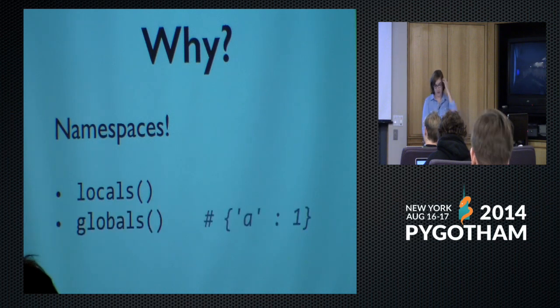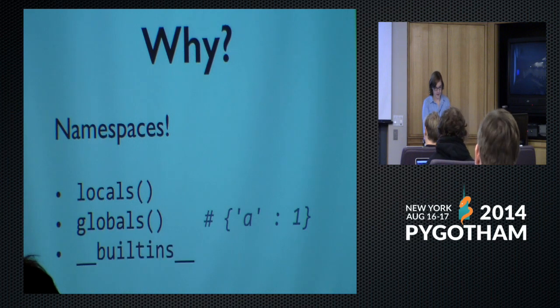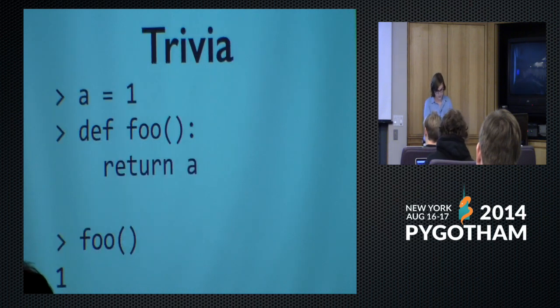If not, then it'll look at the globals. That's where we created our variable A. And globals is at the module level. And if it's not there, then we'll look in built-ins, which is where we get the locals and globals functions, and also the list function that we used before. So if we go back to our example,